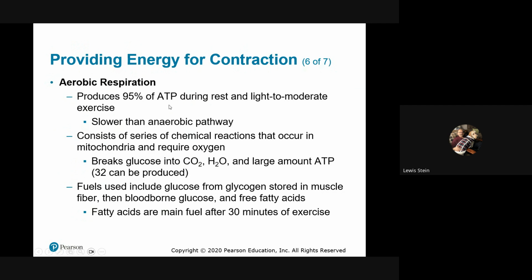So 95% of our ATP during rest and light to moderate exercise comes from the aerobic pathway, slower than the anaerobic pathway. We all know chemical reactions in the mitochondria produce large amounts of ATP. I'm not going to ask you how many ATPs and all that stuff. Fuels used include glucose from glycogen, which we use initially, blood-borne glucose, and then that good thing, free fatty acids,